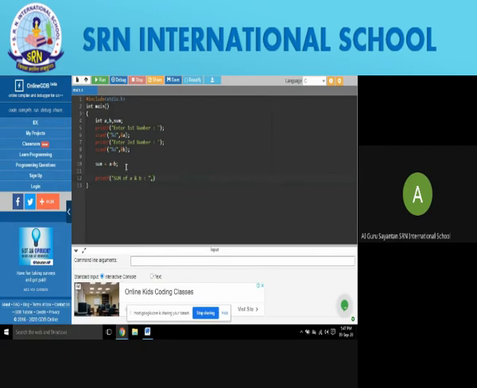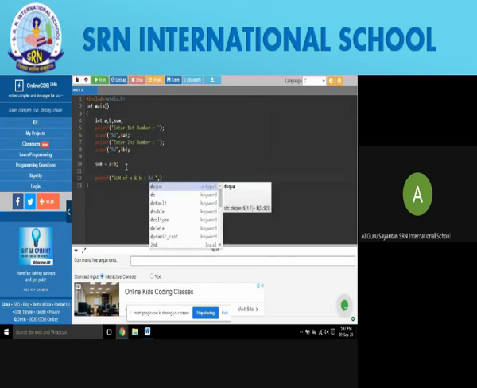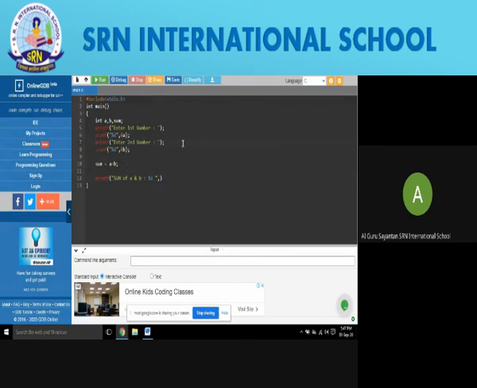After sum of A and B, we will write %d. That means whatever value will be coming, it will be coming over here. That is sum of A and B, then inverted commas, so colon, and then %d. So in the place of %d, the answer will be replaced, the answer of A and B.